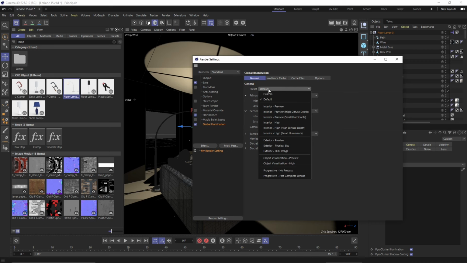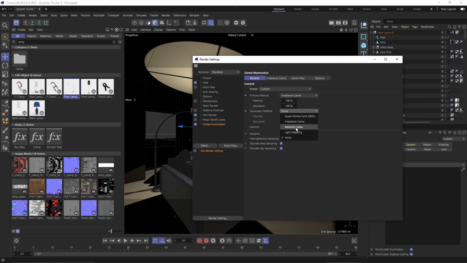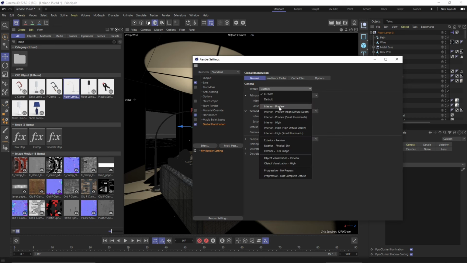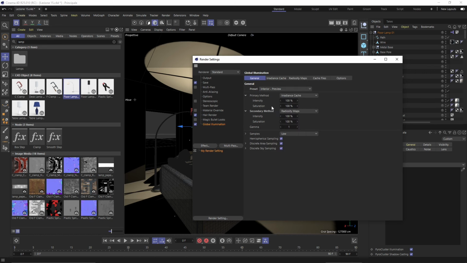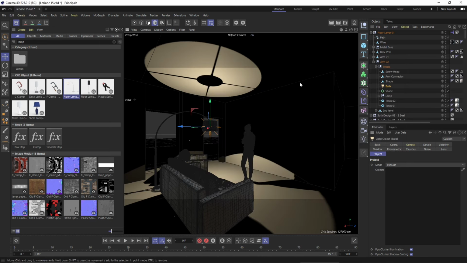And also if you click on default, we can customize this as we like. We can choose a primary and a secondary engine. Also we can use presets. So if we were in exterior, you can see here, for example, I have physical sky or other settings. If I am in an interior, I can use perhaps the interior preview. Now you're gonna see you will have more parameters, but you can use this to be quick and then you can investigate the rest. Okay, so we have set